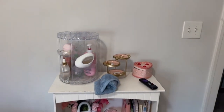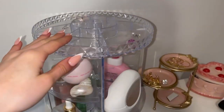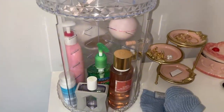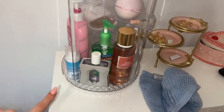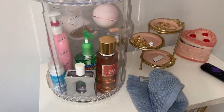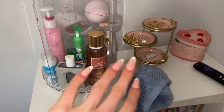And then I came over here to my bookshelf. So I have this little organizer thing with some beauty products on it, and I have some hand sanitizer right here. And I think due to the fact that the hand sanitizer is right there, sometimes hand sanitizer gets right here, and there was a lot of dried on hand sanitizer stains. So I took some rubbing alcohol and I got all of those off,